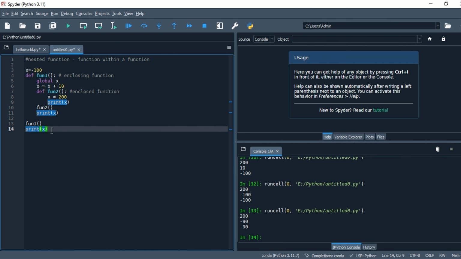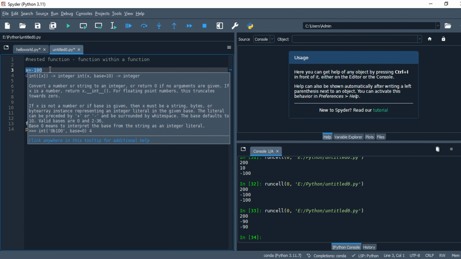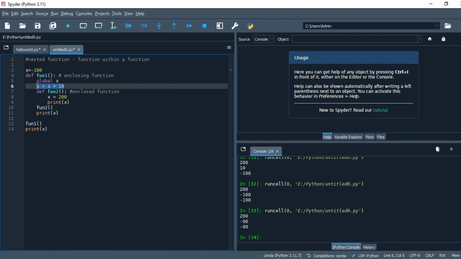Since this is line number 14, this will take the variable only from the global namespace. The global namespace value is minus 100, but we have updated it here using the global keyword. So if you use the global keyword, it will take the variable from the global namespace and make all the updates onto that particular global